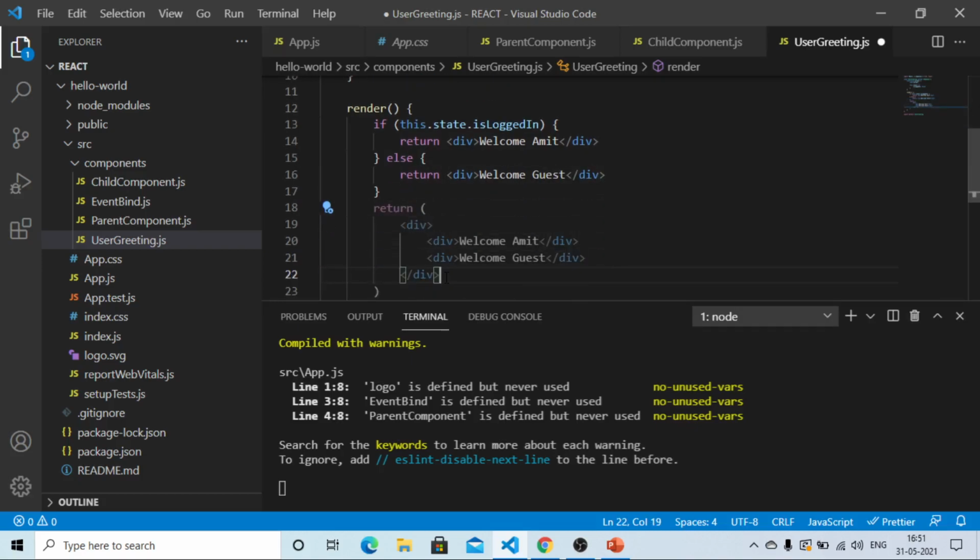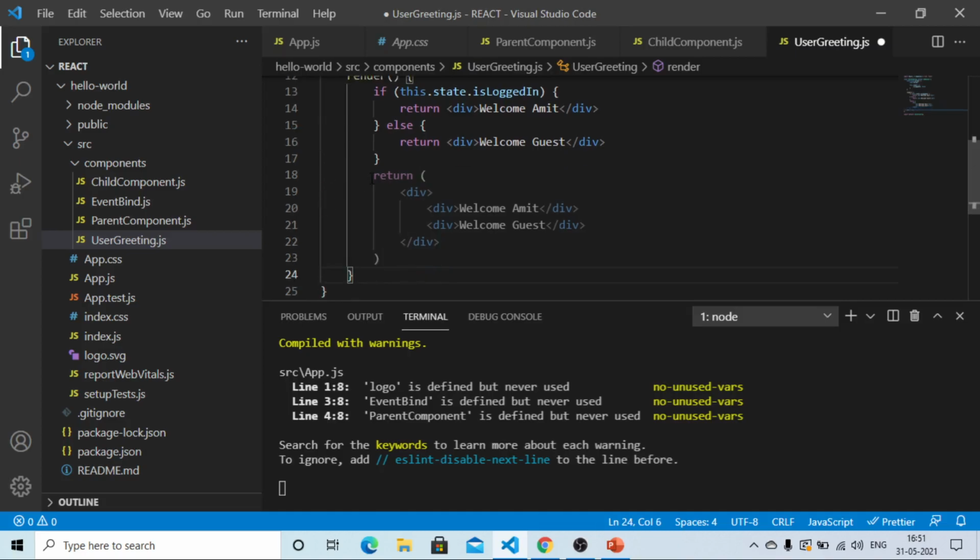So at this moment we would like to comment this return statement with the shortcut key Shift Alt and A. These are some of the commands which you should practice in Visual Studio Code. We can comment multiple lines in Visual Studio Code by pressing the shortcut key Shift Alt A.